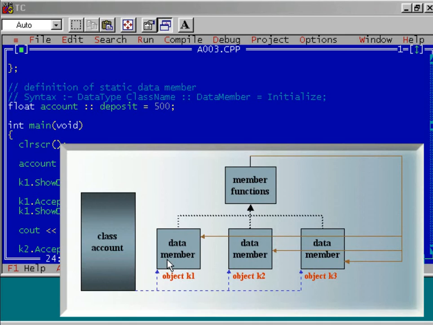So each object has a separate copy of data members. And the member functions are stored at only one place in the memory. We can call these member functions by using K1 dot name of the member function. So we can call the member function like this, and after that the member function can access the data members of the object. Is it clear to you?